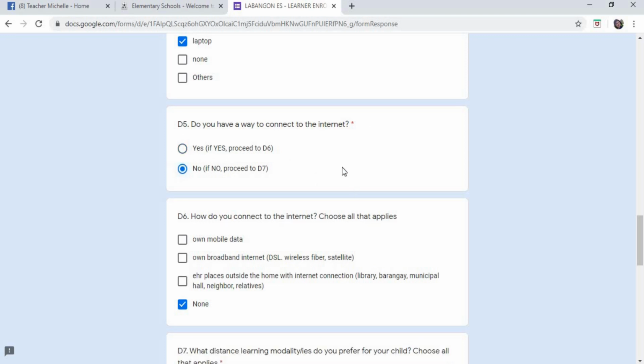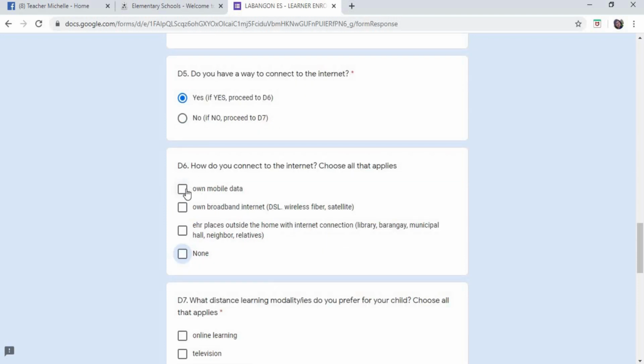Alright. So, let me just click yes since I have internet connection. Okay, so I'll proceed to D6. How do you connect to the internet? Choose all that applies, right? If you can connect through mobile data, click it. If you also have a fiber or DSL, either PLDT, Globe, or whatever that may be, if you have that,